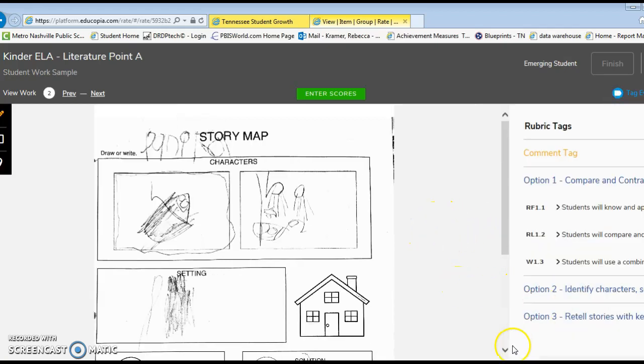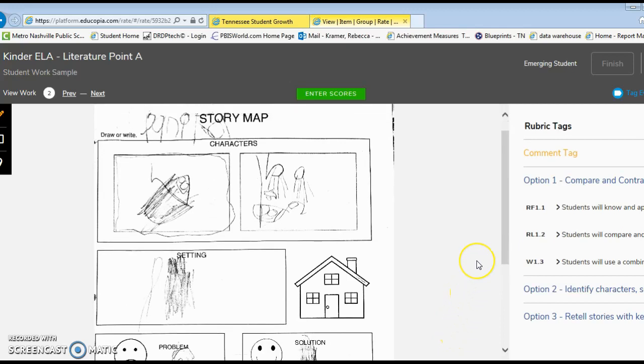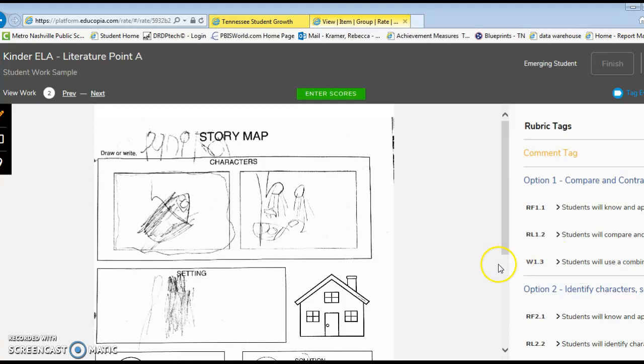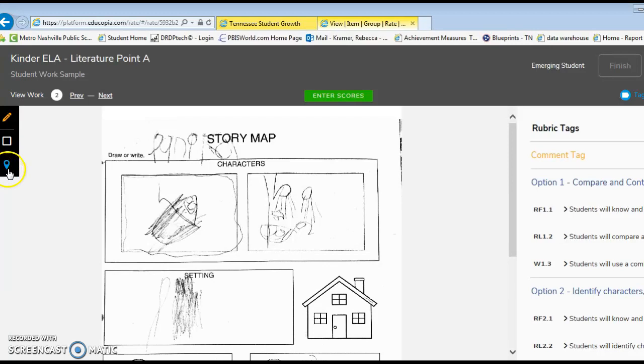I'm going to go over here to the right and I'm going to choose the standard that I'm looking at. Of course, you have already chosen your standard. I have chosen standard option 2, and that's something that you will have discussed or looked at previously. I'm going to click on the standard I want to tag. And on the left side of the screen, you're going to see these 3 icons here. You've got the highlighter if you want to highlight, the box if you want to select a whole box to show, or this little blue toggle here. I'm going to click on this one. That's just going to